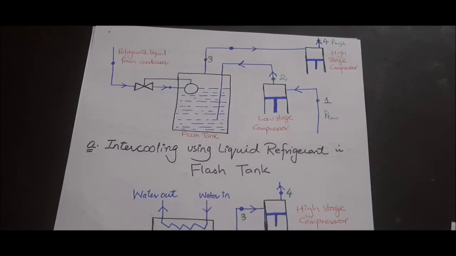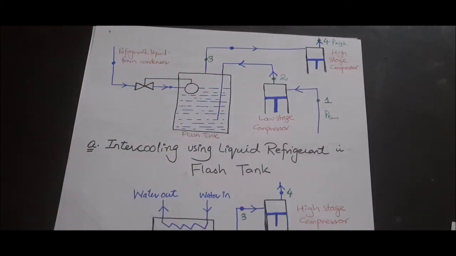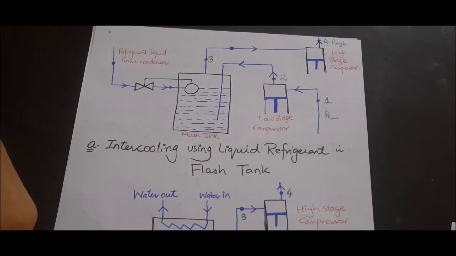Now it is very important to understand that the intercooling process is not always favorable. As I have mentioned earlier, you have to look into many things. You have to perform different types of calculations, to see whether the use of multi-stage compression is adding to your cost as well as to other aspects, because you cannot go with such a system where the heat removal is less and the work input is higher. So you have to look into the various aspects.